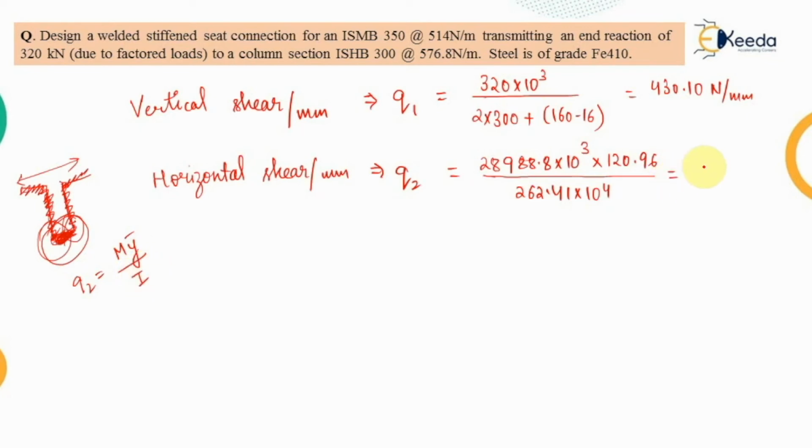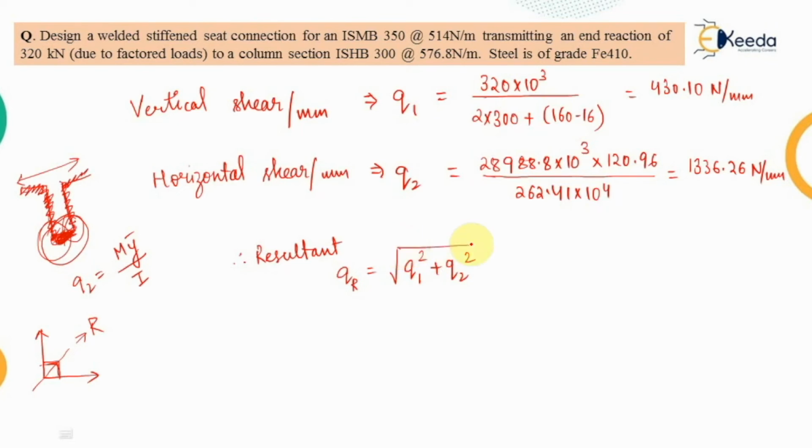So from here this Q2 value that we are getting is 1336.26 Newton per millimeter. So the resultant, these resultants are, this is the horizontal and this is the vertical value. So the resultant value is again calculated based upon the cosine law, but because the theta angle is 90 degrees, the last term for the cos theta value will be 0. Therefore this QR, that is the resultant value, is directly given by the square root of Q1 squared plus Q2 squared, because that is the perpendicular, and these two forces Q1 and Q2 are at 90 degrees to each other. That's why the resultant is directly taken based upon the Pythagoras theorem.